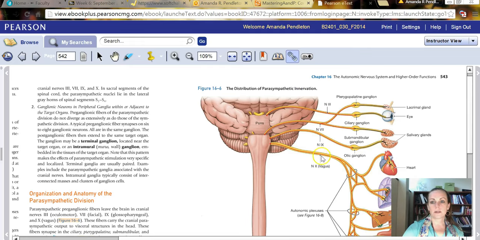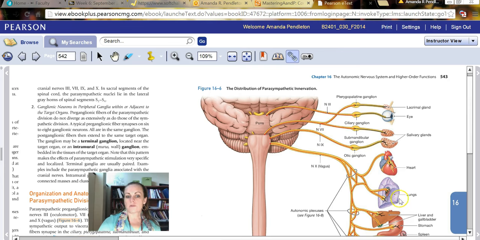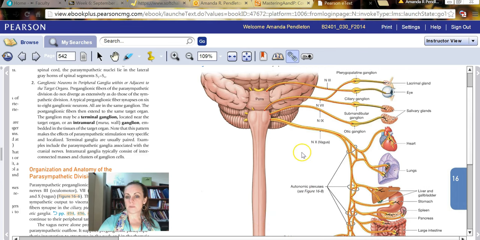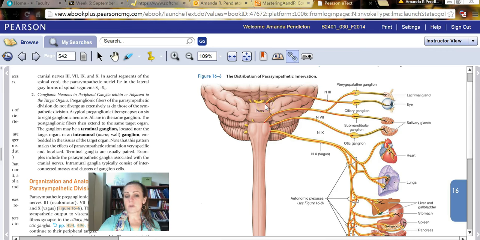All right, so I'd like to look at this image on page 543 of your textbook, and this is showing parasympathetic innervation. Again, the red lines are showing preganglionic neurons, the black are showing postganglionic. What you should notice right away is whereas the sympathetic had all of its preganglionic neurons coming out of the thoracic and lumbar regions, the parasympathetic nervous system, its preganglionic neurons are coming out of either cranial nerves, okay, so